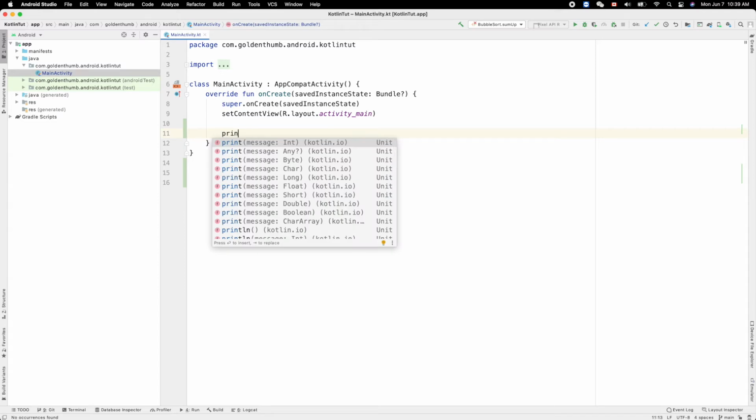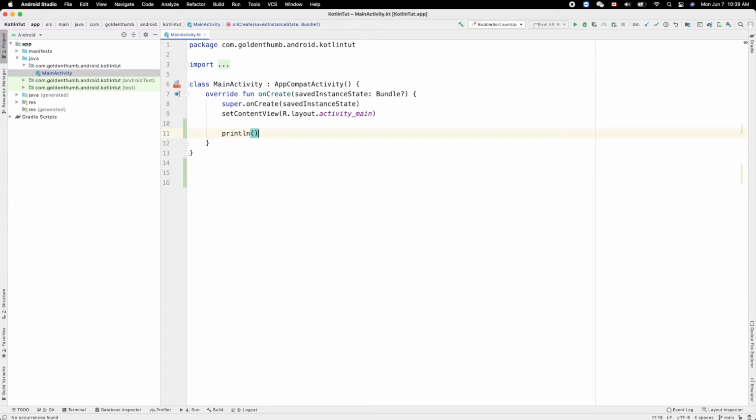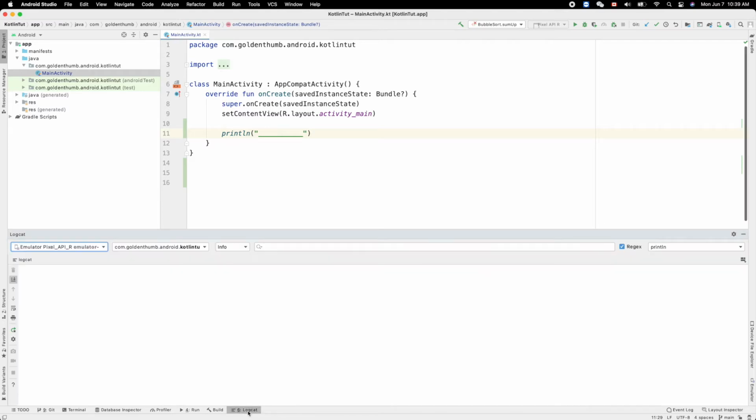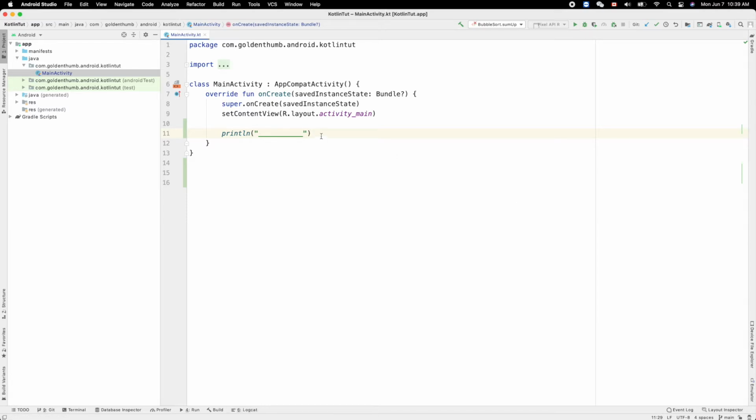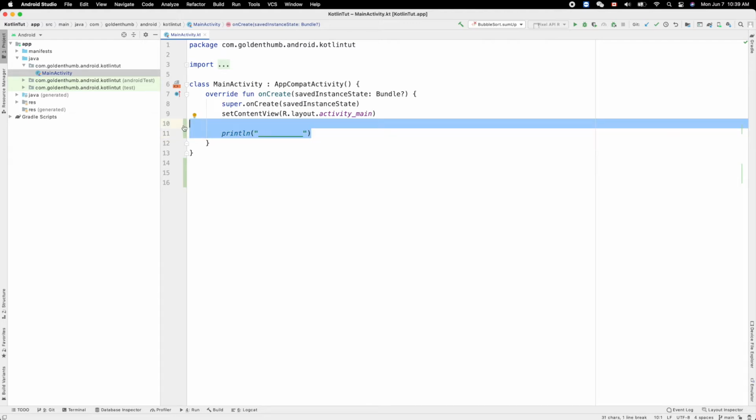We already print line. We already set up the button, Logcat, to show the result of that, so we can run that. But my favorite place